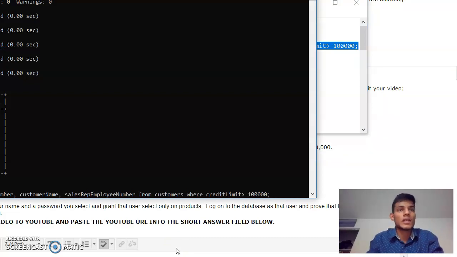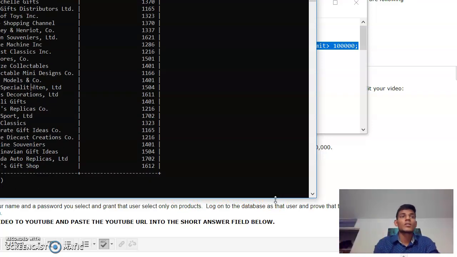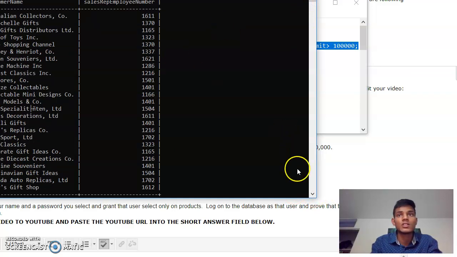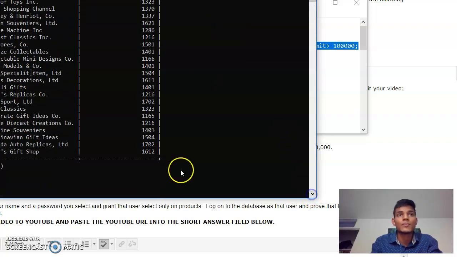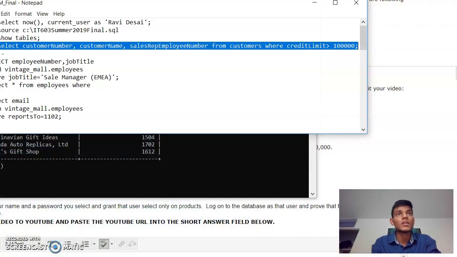So in the query, I have selected the customer number, customer name, sales rep employee number from the table customers, where the credit limit is over $100,000. So for this criteria, we got 25 rows as output with all the customer name and the customer number and the sales rep employee number. Moving ahead,